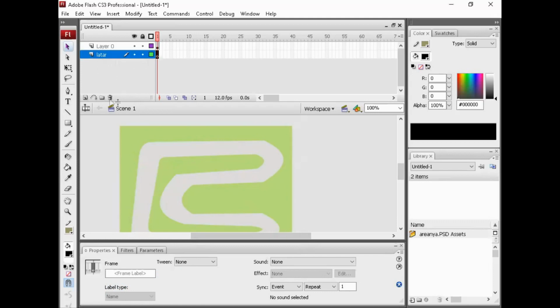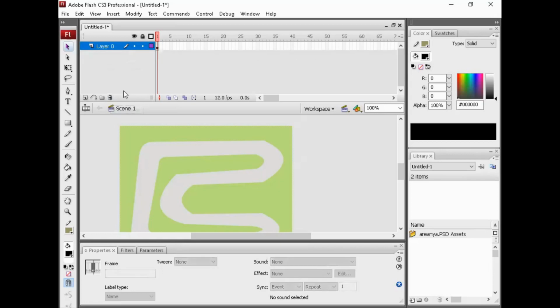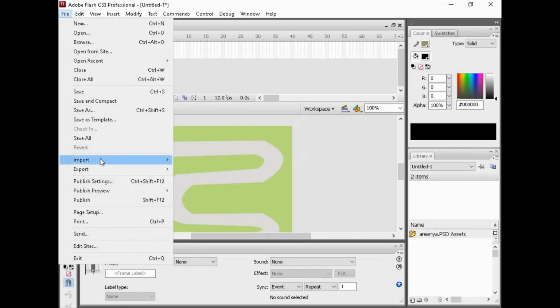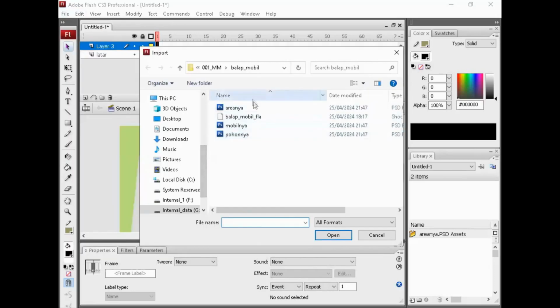Okay, now not here but here. Okay, I will delete the layer and rename it latar first. Then insert a new layer. Okay, file, import to stage the tree.